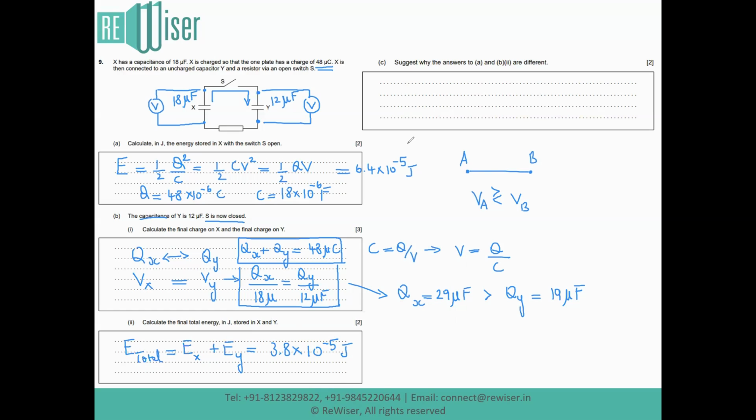Suggest why the answers to part A and part B are different. They are different, as we noticed that in part A we have the total energy to be 6.4 times 10 to the power minus 5 joules or 0.64 microjoules, whereas in part B it is 0.38 microjoules. Obviously, the initial energy stored in one capacitor was greater than the energy calculated when charge is distributed to two of them. We can attribute this loss in energy to the energy dissipated through the load resistor. So heat